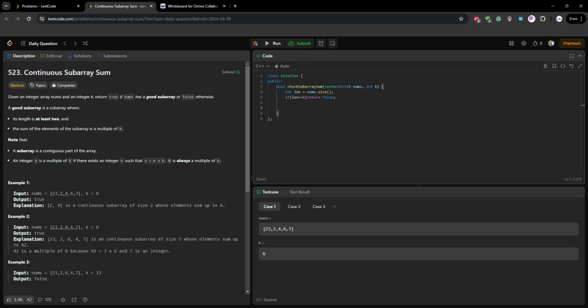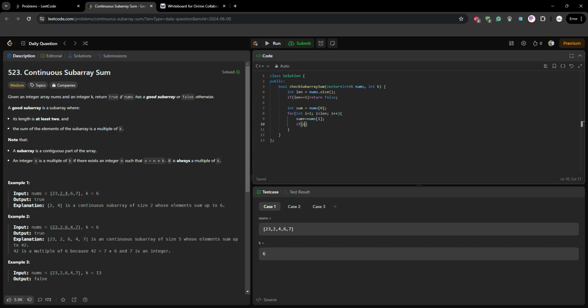So how do we write it in the code? We'll start from i equal to 1 to length, i plus plus, and int sum is equal to nums 0, where sum is going to store from index 0 till index i, sum plus equal to nums i.